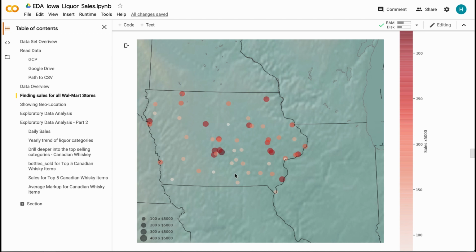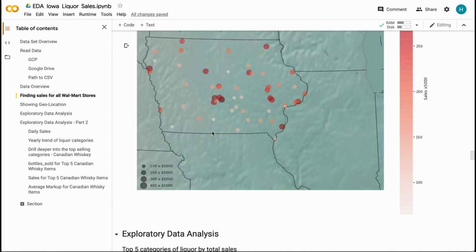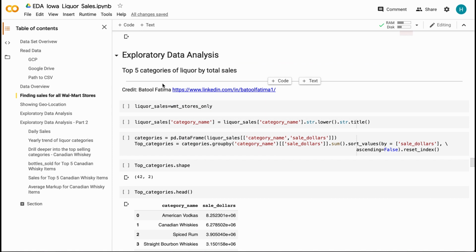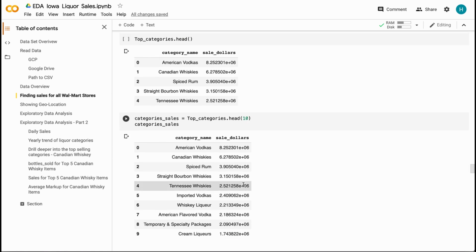Basically, what you see here is the state of Iowa, and the bigger and the deeper red the spots are, it means the higher the level of sales over here. And there are quite a few other exploratory analyses that I've done over here. I was helped by one of our friends, Batul Fatma, on this,